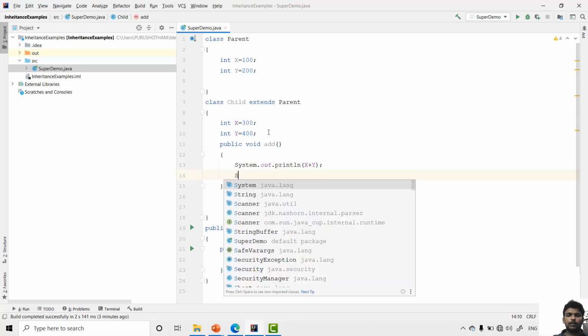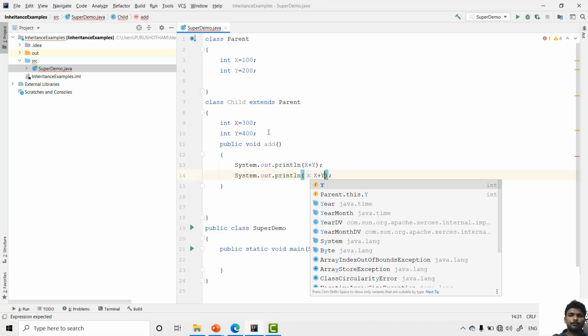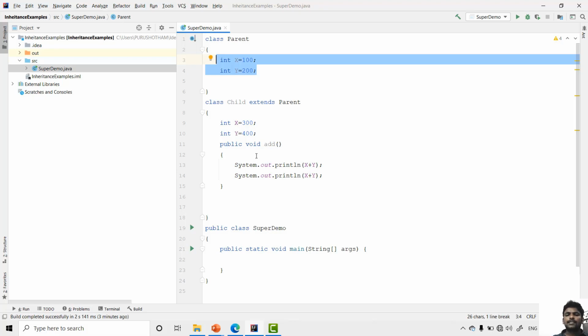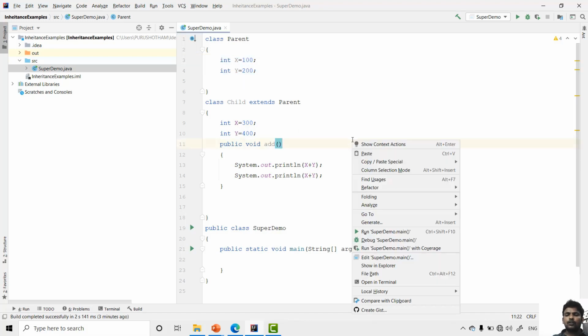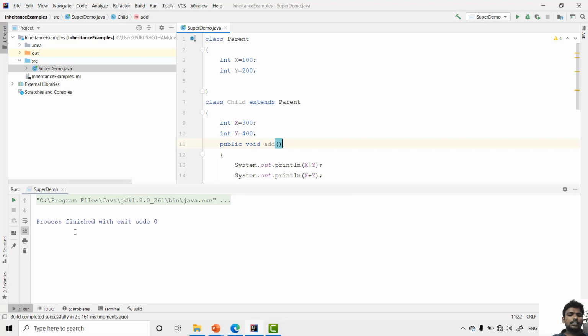And for the child class variable, System.out.println, x plus y. Both names are the same, x and y here and x and y here. So if you run this program, here we will get 700 by 700.